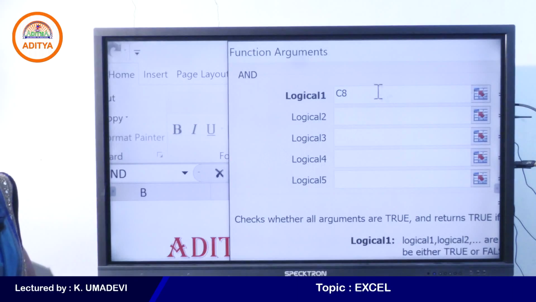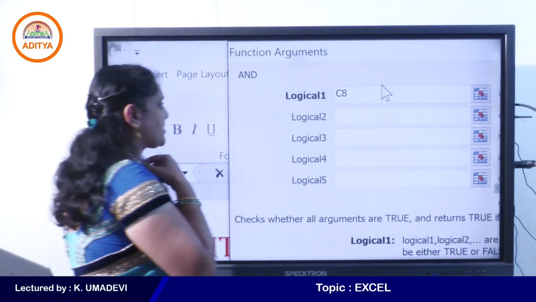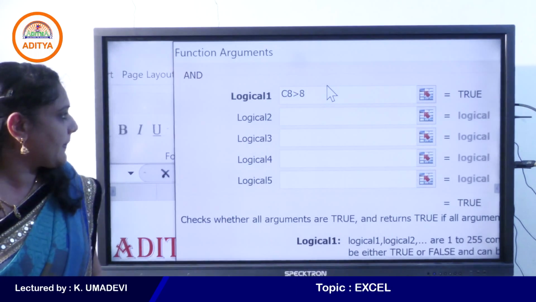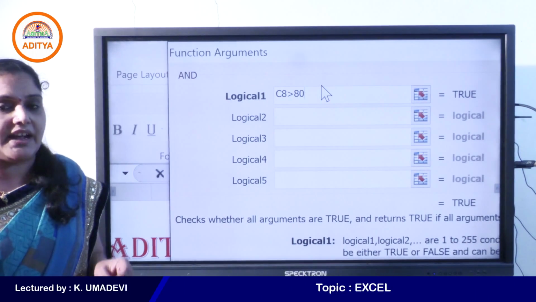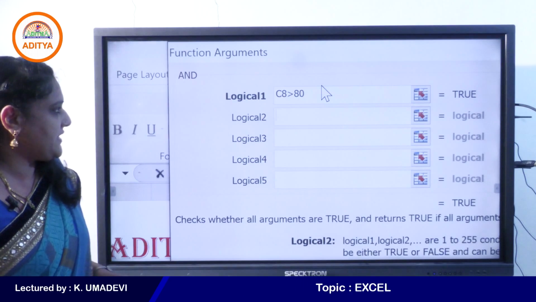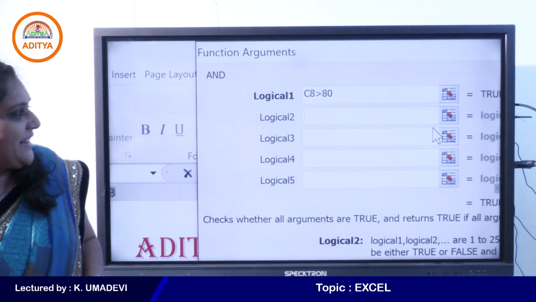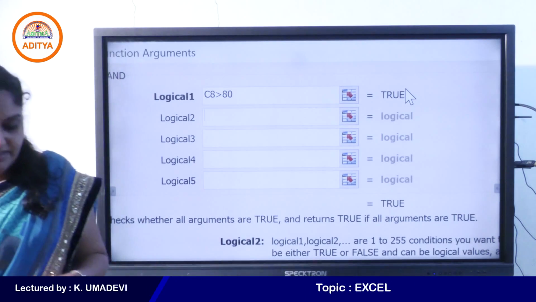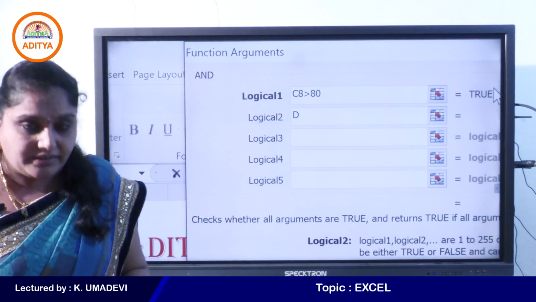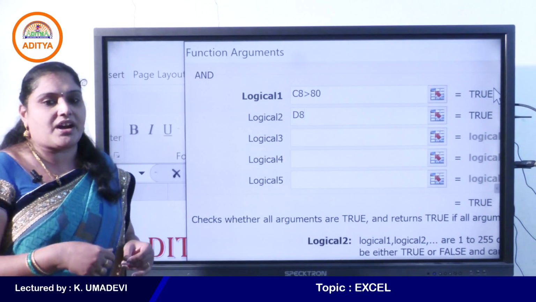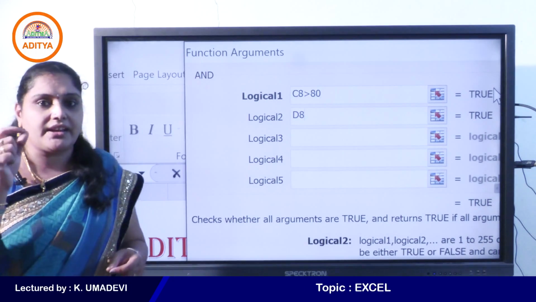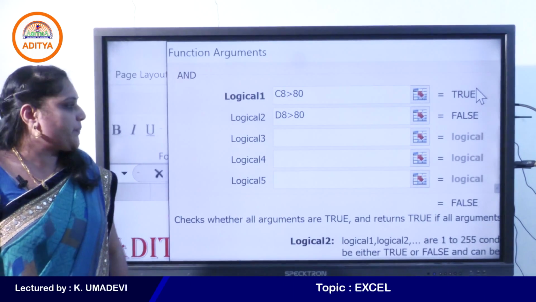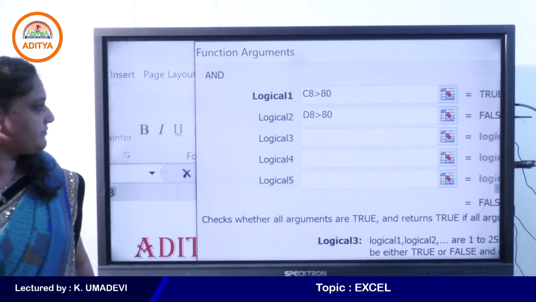Observe carefully. So now I want to check these marks with 80, okay? So C8 greater than 80. See, if C8 greater than 80 and press tab, it automatically displays the result as true, right? And again the next condition is D8, right? Subject 2 marks is available on D8, right? D8 greater than 80 and okay,